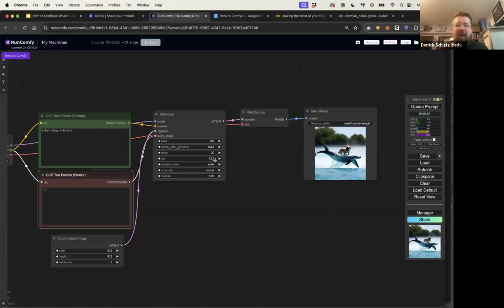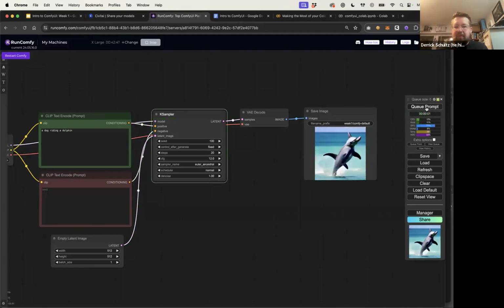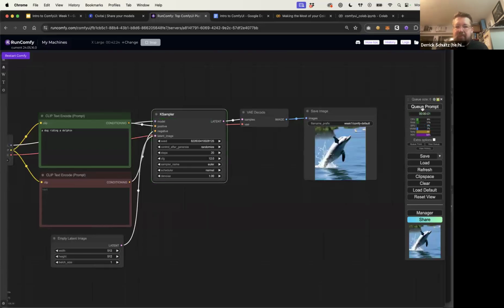Okay. But if I change my parameters here, like let's say I go to Euler Ancestral and run this, I'll get a different image. This is where, if you just want to generate new images to see how well your text prompt is working, you could set this to randomize and then just hit this 10 times. And it's going to show you different images. You can switch it back to Euler. Let's see if we get more dogs here. Interesting. Only seed 100 worked out. All the other seeds do not generate dogs.